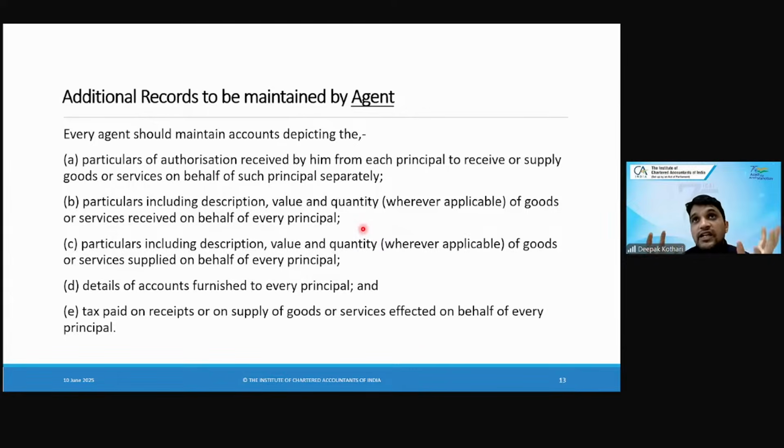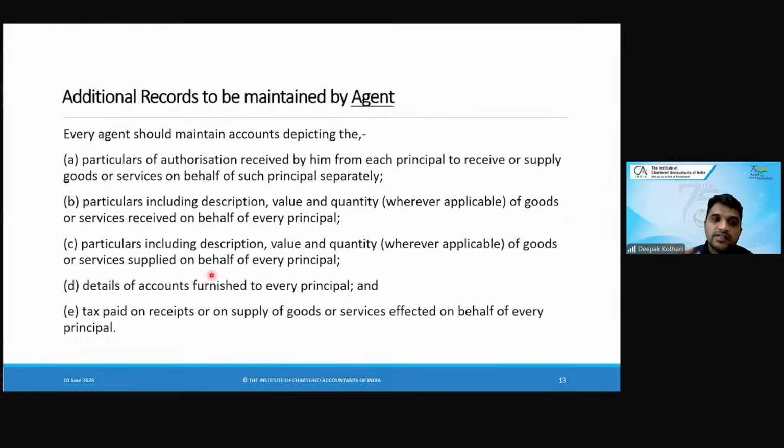सेकेंड, अगर वो 10 प्रिंसिपल्स का एजेंट है या फिर बहुत सारे प्रिंसिपल्स का एजेंट है, तो फिर हर एक प्रिंसिपल का क्या गुड्स मेंटेन किया, सेपरेट मेंटेन करना चाहिए। ही कैन नॉट डंप इट, ये पूरे गुड्स एक ही साथ डंप ऐसे नहीं कर सकता है, क्योंकि हर एक प्रिंसिपल का उसके साथ अग्रीमेंट अलग होता है। तो फिर अलग अलग प्रिंसिपल का अलग अलग डिटेल्स रहना चाहिए।